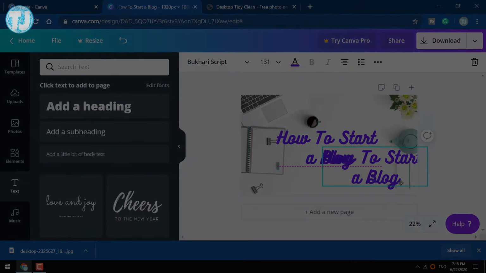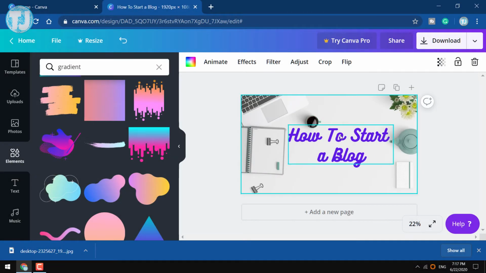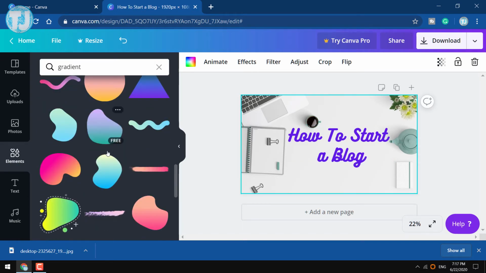And now friends, I'm going to add some elements from the Canva library to make the thumbnail look more professional.